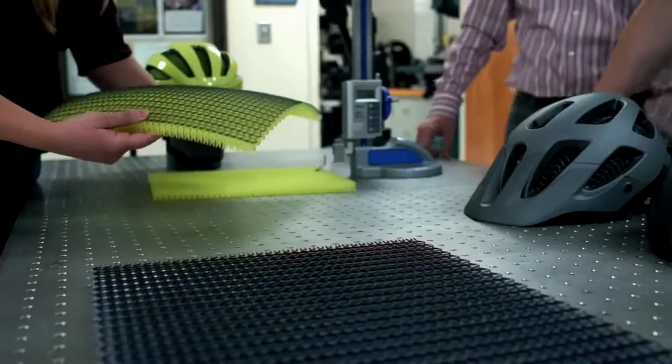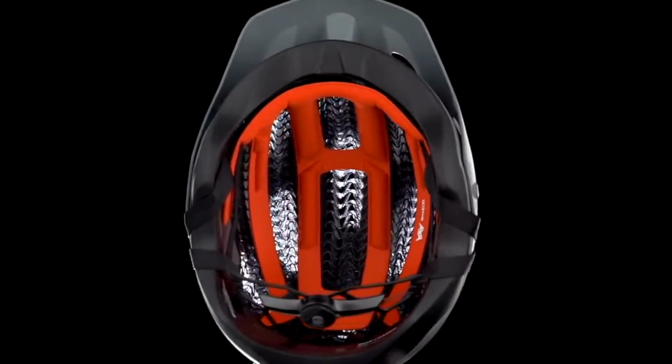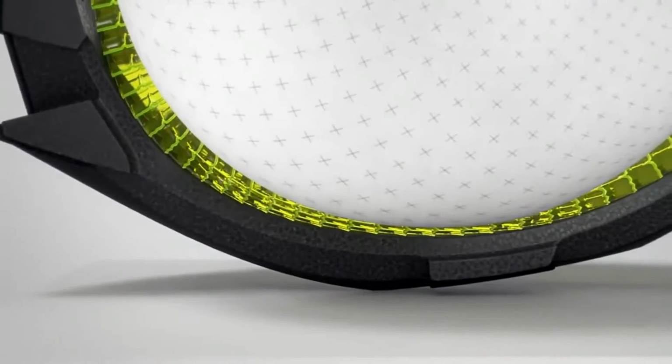WaveCel structure has a specific cell shape that makes it deform into a sphere without distorting the cells. Using a continuous liner suspended inside a helmet, it behaves differently depending on the angle that it's hit at, which is very unique to the material. Each cell has a small fold in it that helps in initiating the crumpling for the straight impact, but most importantly, it allows the cells to fold over in shear. And would allow the helmet to spin on itself rather than imparting that spin to the head to cause the